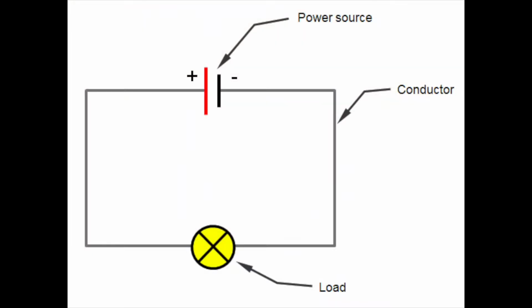The most basic component of an electrical system is a circuit. There are three basic parts to a circuit: a power source, positive, like a battery or microcontroller; a load, which uses power, like a light or a motor; and a conductive path, which allows the current to flow to ground,